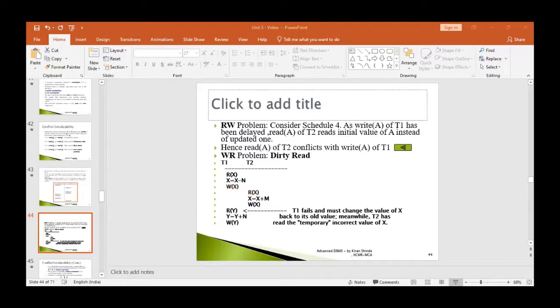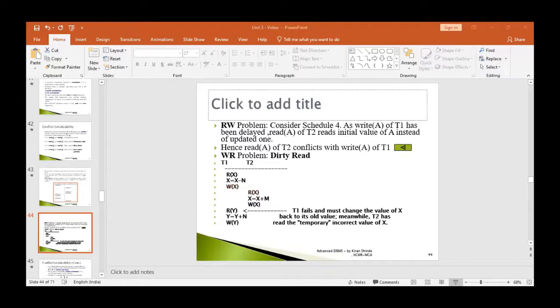Before I start, let me tell you that if we end up drawing this precedence graph with a loop or a cycle, then our conclusion will be that this schedule is not conflict serializable, or not conflict equivalent to a serial schedule. But if we end up drawing the precedence graph without any cycle, then this schedule can be transformed into a serial schedule, and it is conflict equivalent to a serial schedule.